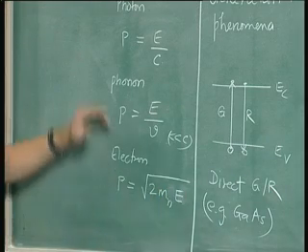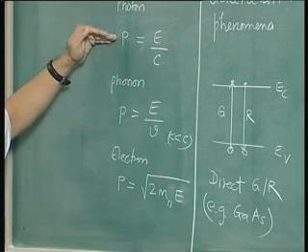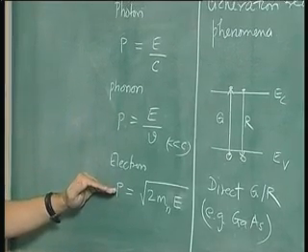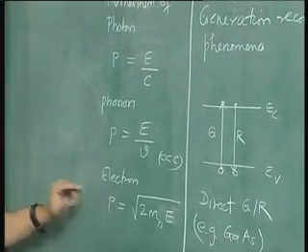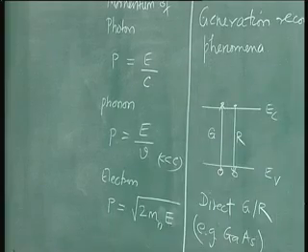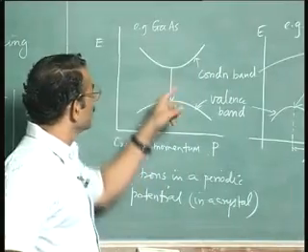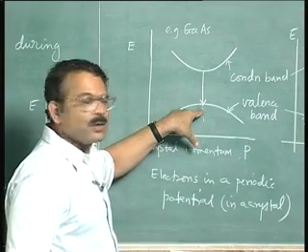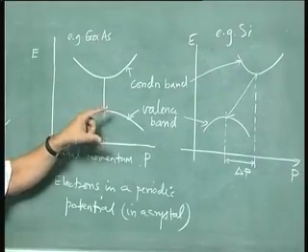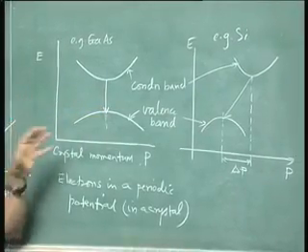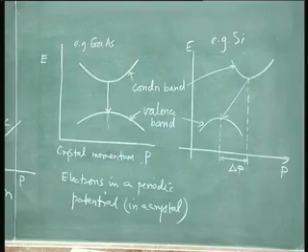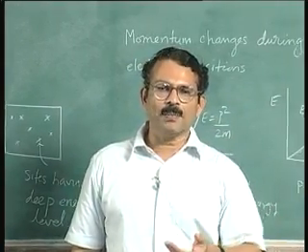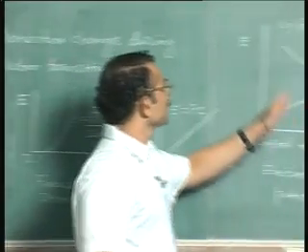So this is how one can estimate, for any given energy, the momentum of a photon, the momentum of a phonon and the momentum of an electron. And that is how one arrives at the conclusion that since the momentum of a photon is negligible and negligible change in momentum is involved here, the momentum can be given to a photon, and that is why radiative recombination is possible in gallium arsenide. So direct recombination is possible, and the direct recombination is radiative in semiconductors such as gallium arsenide,